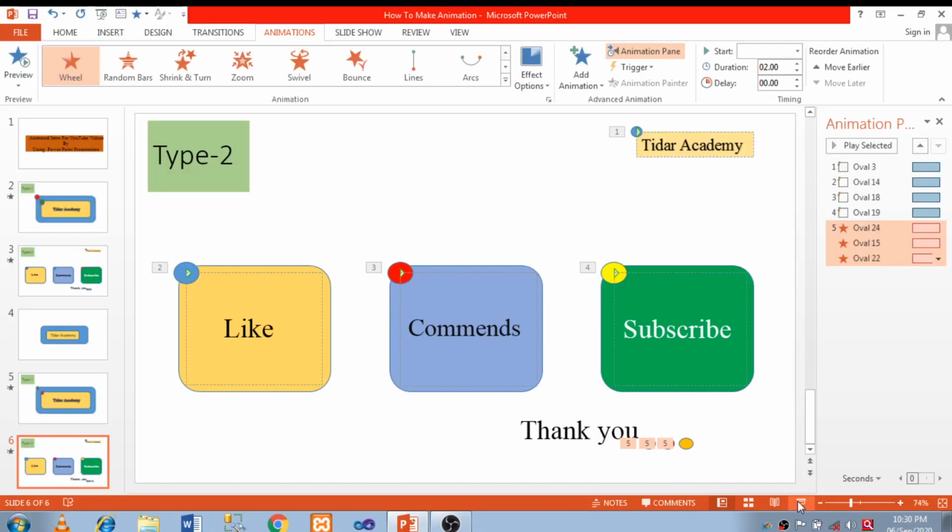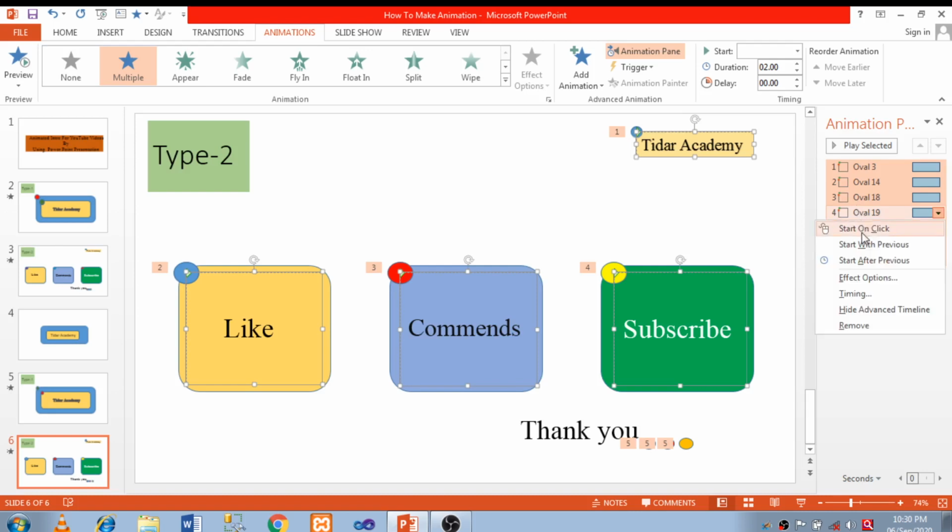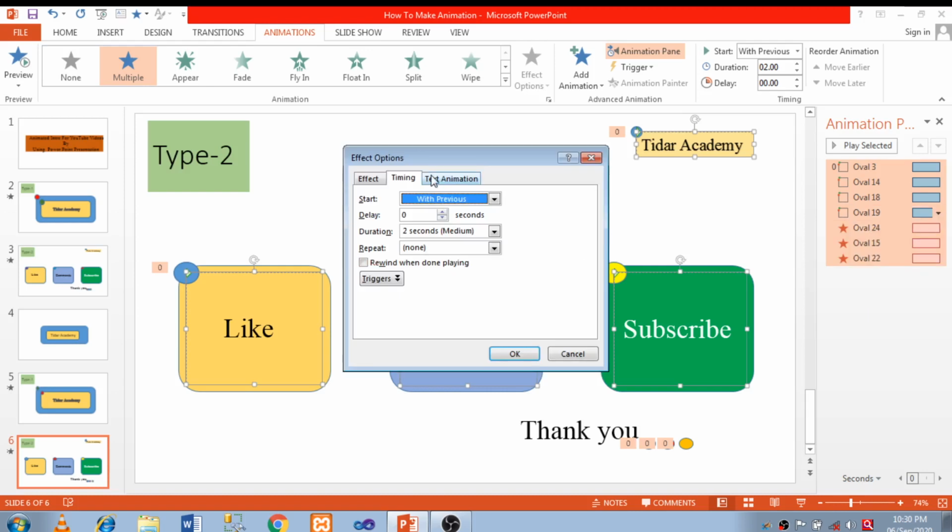So for that purpose I have selected all these, and then I have to click Start With Previous. So all will start simultaneously, delay time is 0, so all will start at the same time. Then for one complete revolution, how much time we want, we have to put.